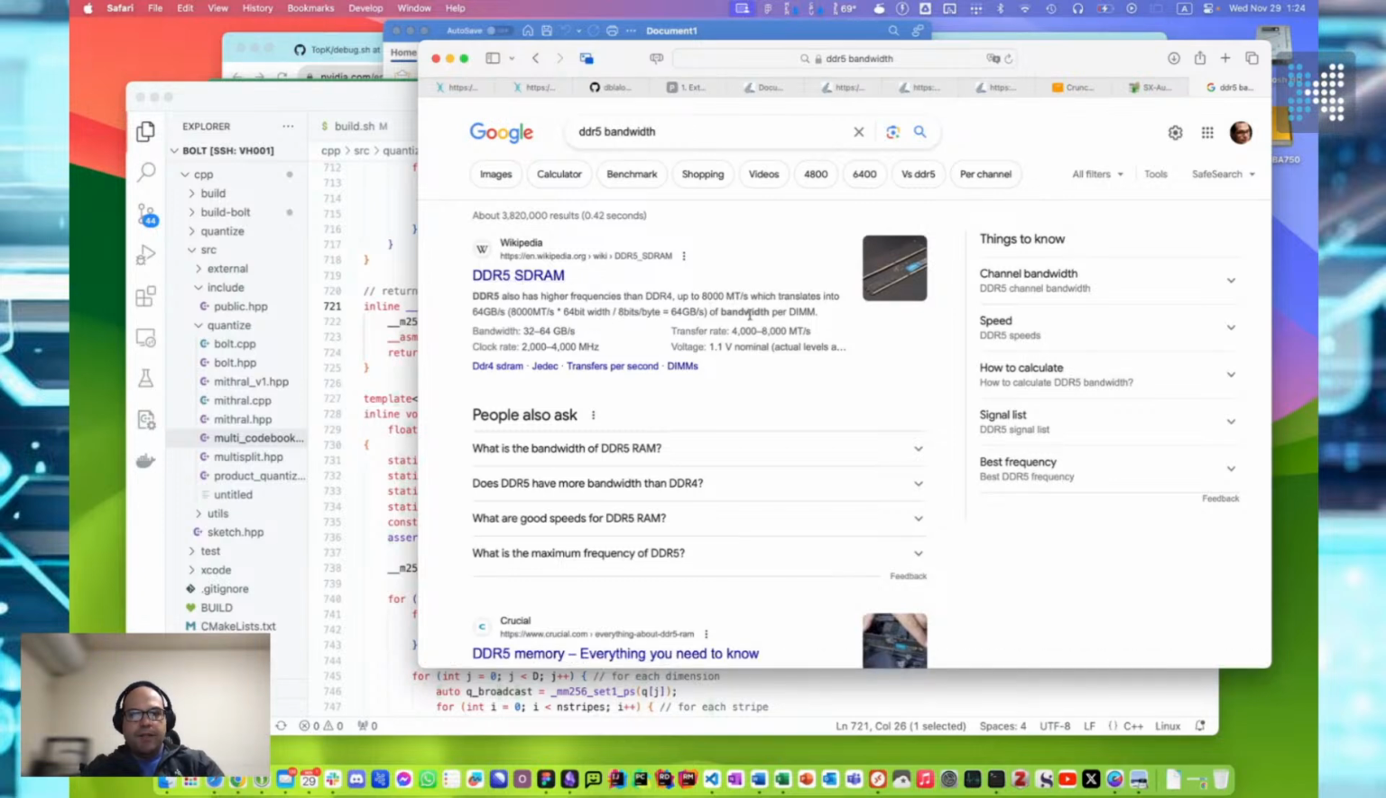64 gigabytes a second of bandwidth per DIMM, right? So if you have something like 4-channel memory, it's like 200 or 356 gigabytes per second. The vector engine has 1.5 terabytes per second of bandwidth, and the cache will usually operate at like 3 terabytes